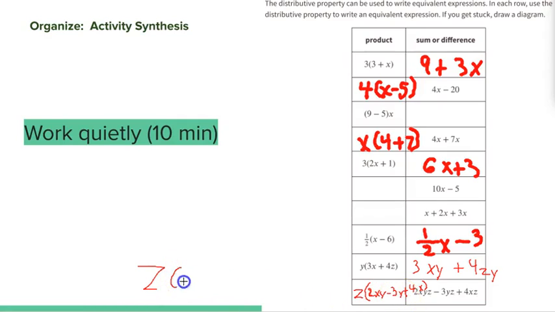So then I could have in parentheses y times 2x minus 3 plus 4x. Or I could have taken the x out and you would have had something like